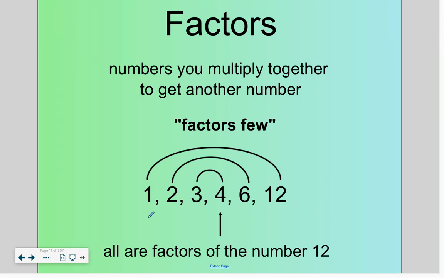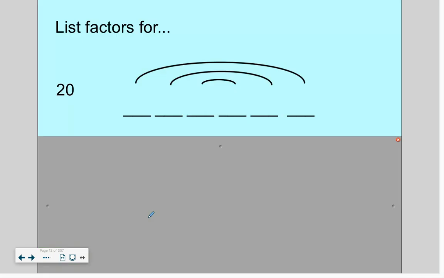You could have 8 factors for a number, 20, 12, even 100. But there's only a certain number of factors. You can't create ways to multiply to that number without it already being 2 whole numbers that would multiply to get you there. So if we're thinking about the factors of 12,